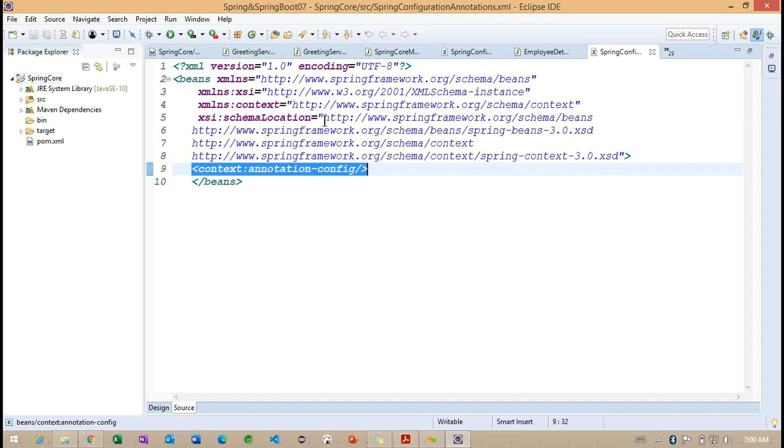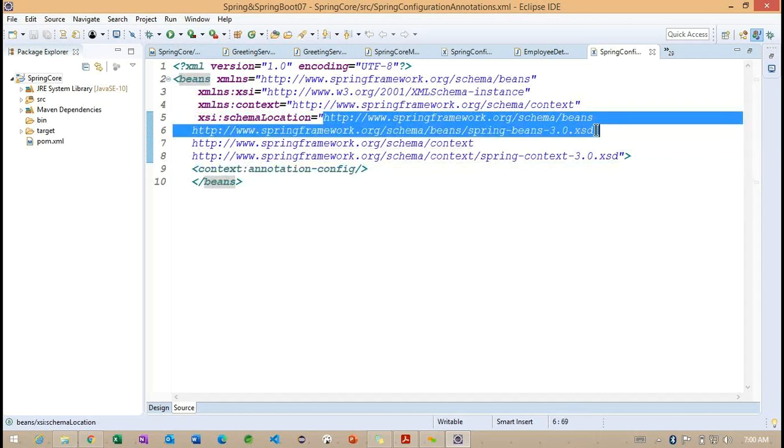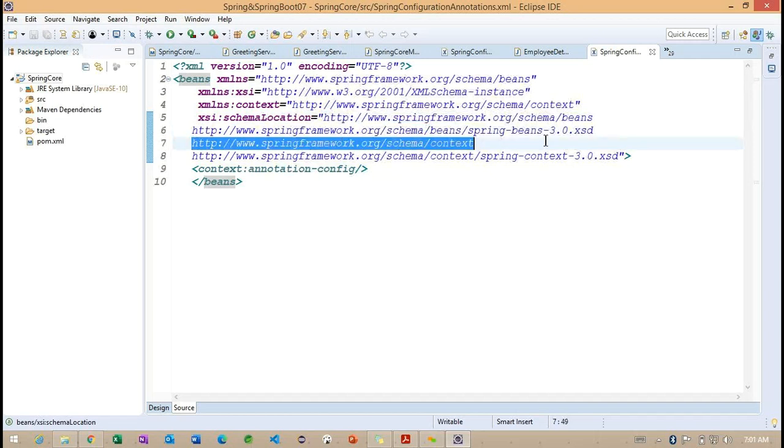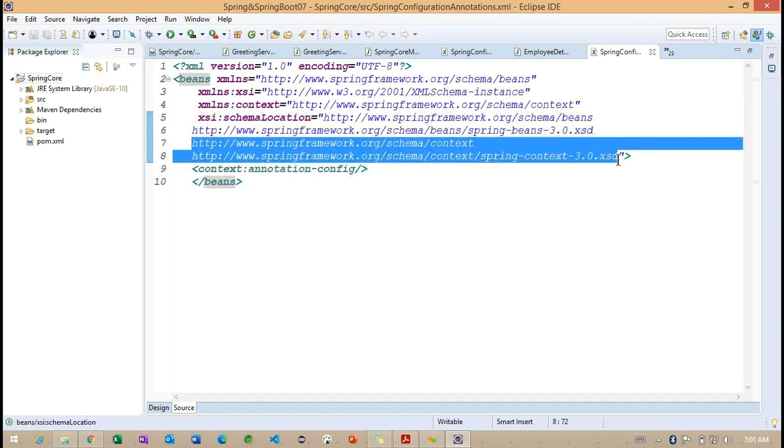Initially we checked with the beans only. Now we added one more XSD, something called context also. Spring context also we added here. The reason we added this Spring context is to get the context annotation config, so we need to add this context XSD file here.